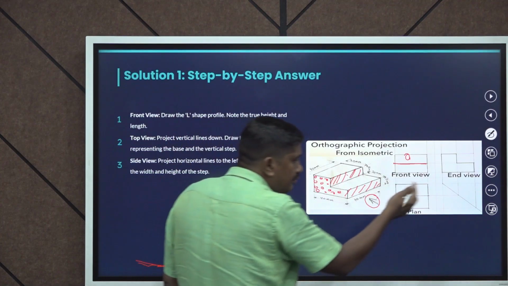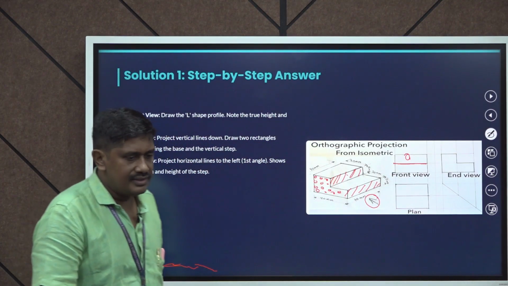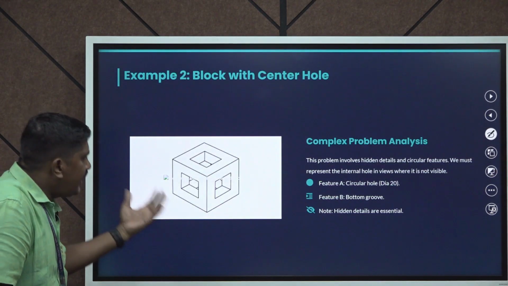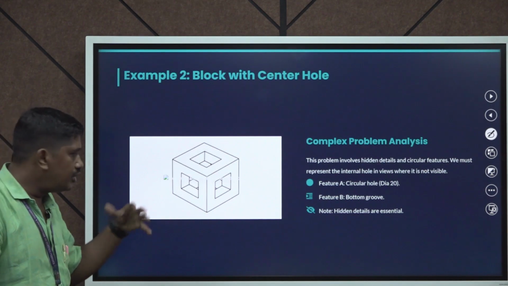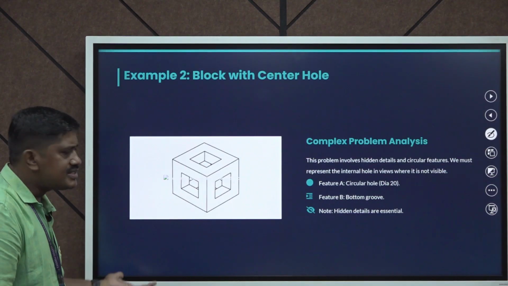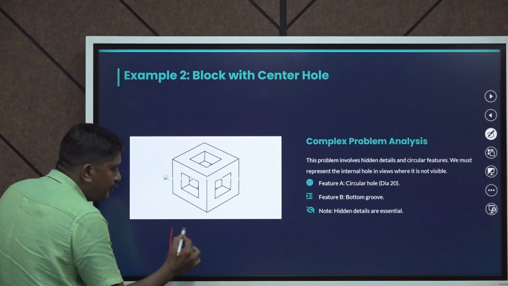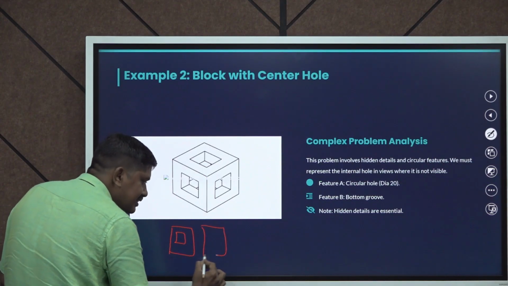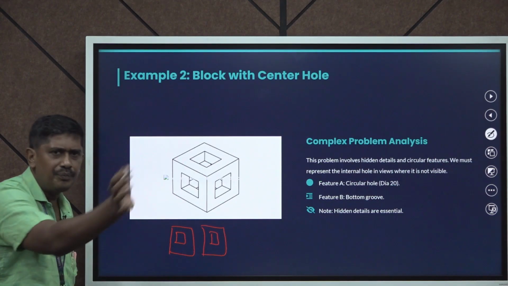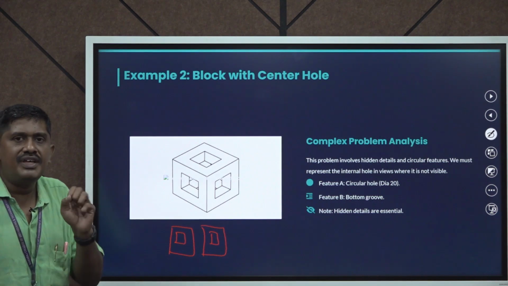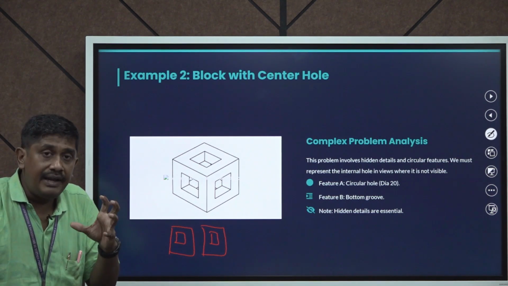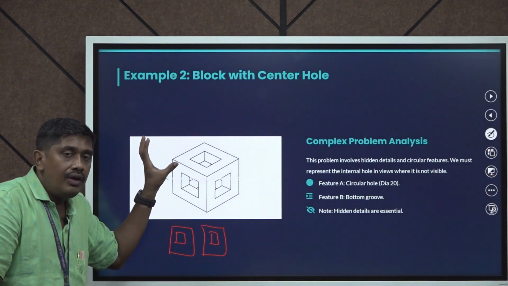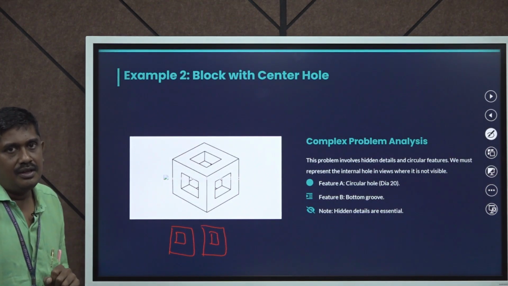Similarly the end plane as well. It looks like a complicated object, but actually it is not complicated, it is a very simple one. The front view is made like this, and the right side also like this. Similarly the top view and front view. Most of the placement drives, this type of aptitude can be erased,